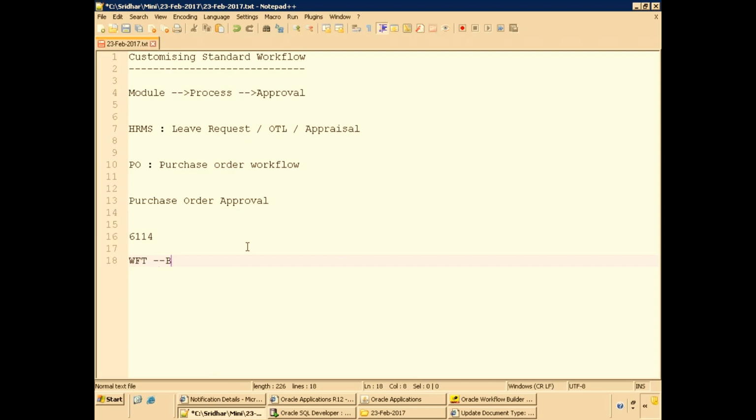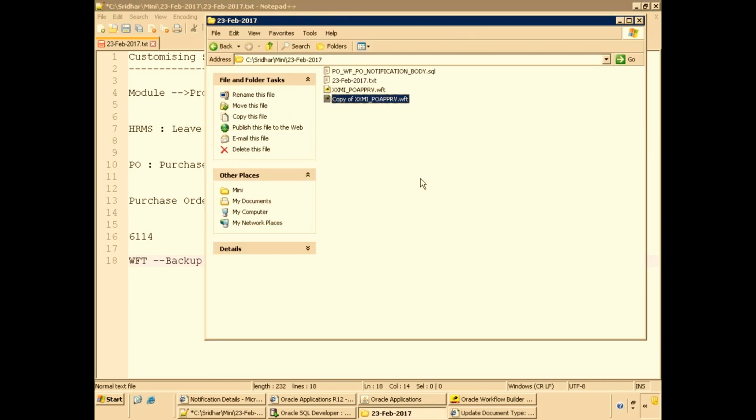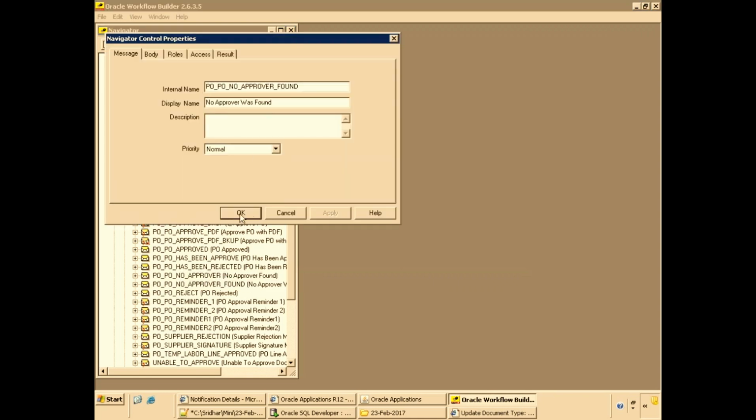Have a backup. I'll simply copy and paste so that I will have a gold backup of my WFT. That's the first thing. And next, don't replace the total message. If you directly modify it, how do I know what you have modified between your earlier version and this version? So generally I'll copy and paste, and here I'll say underscore backup. Got it? Now here what it is having, can you see here?